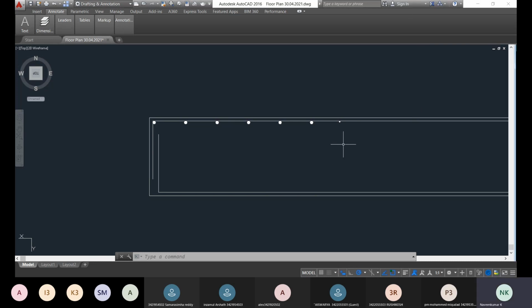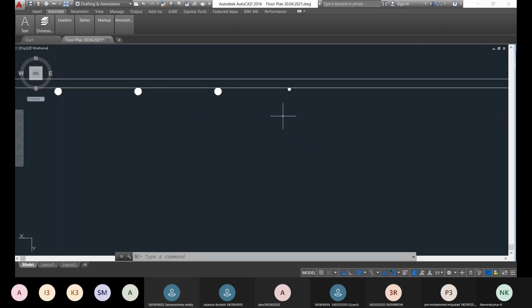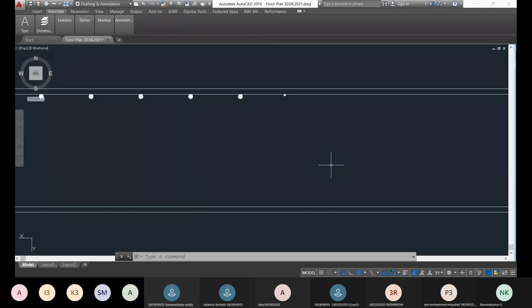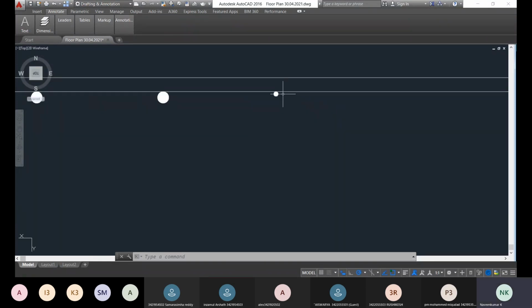Can you all see the screen? Someone has entered and it got disturbed. Can you all see the screen? Yes, answer me. Yes, we can see the screen, sir. Okay. So now